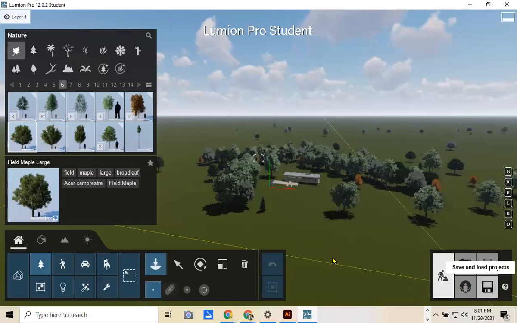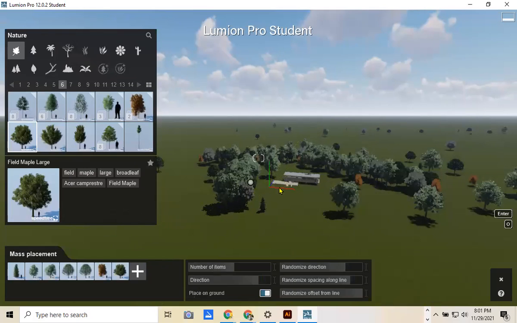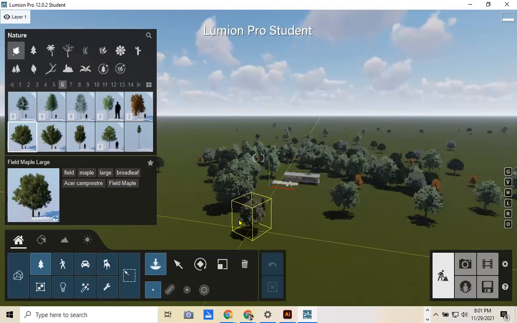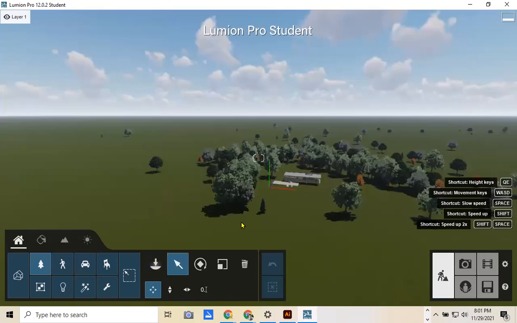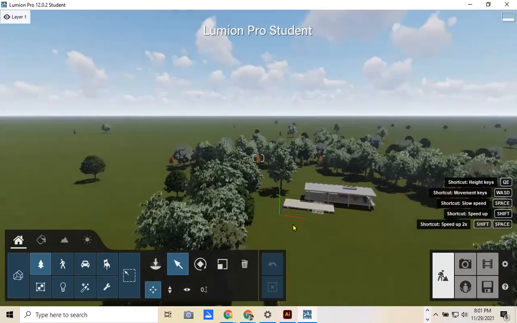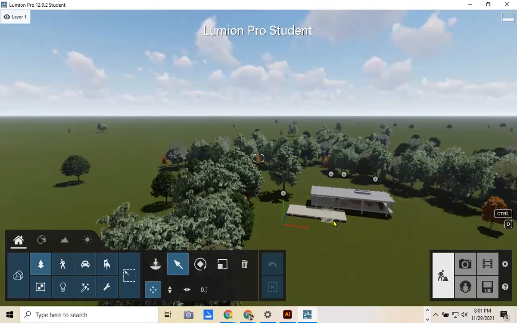Now that's super, really wide, much wider than I probably want. But hopefully this gives you an idea of what you can do. Now, why is this important? Well, you want to populate it so that you can get your rendering. Remember, I'm only requiring one for this assignment. So from here, once you've placed your trees, once you place your landscaping for this project,